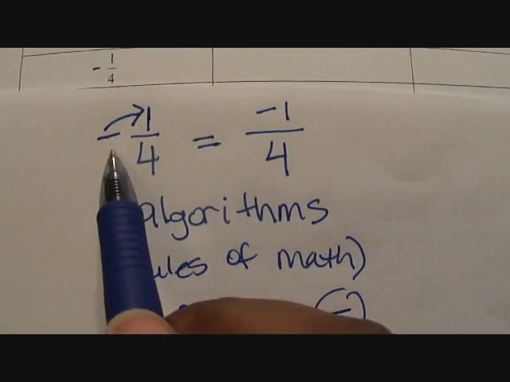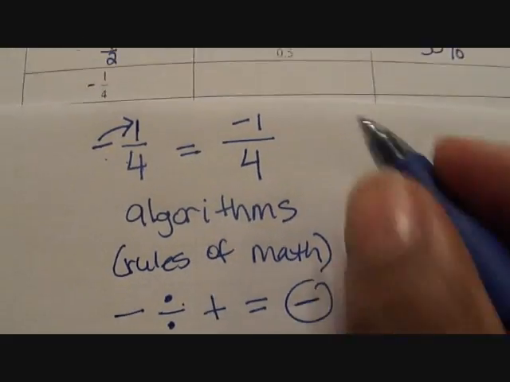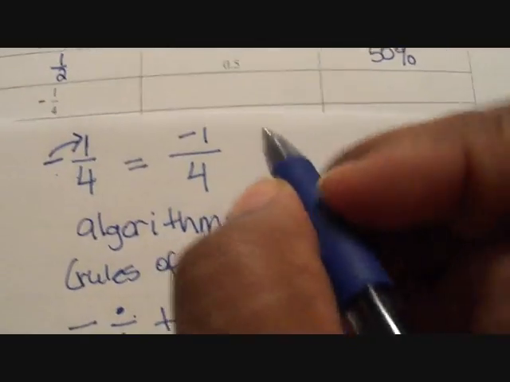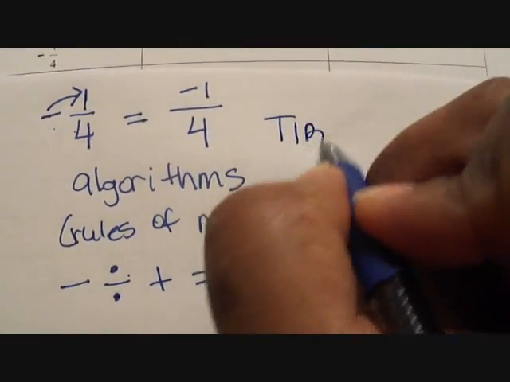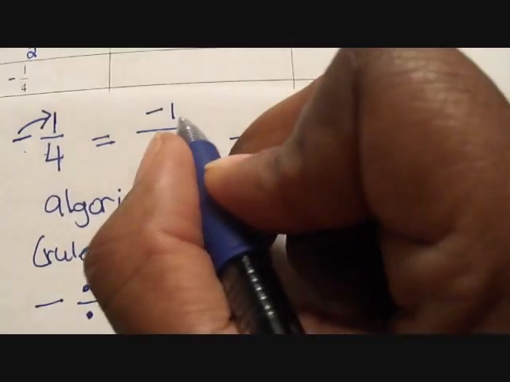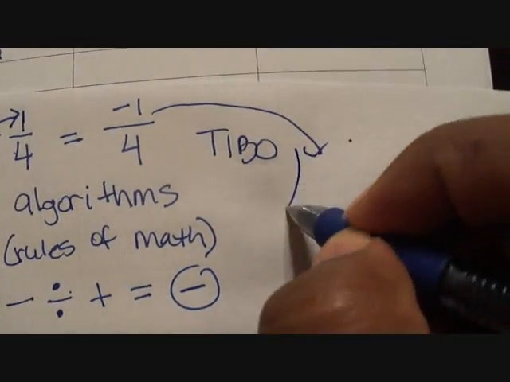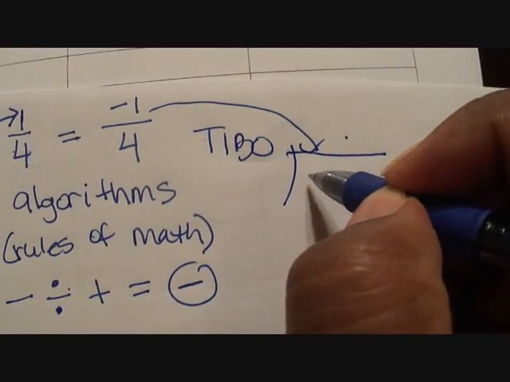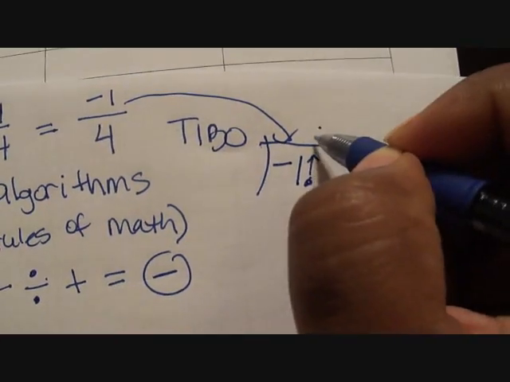So this began as a negative fraction, and because of this rule or algorithm, I know that when I convert it by doing TIBO to convert to a decimal, top in the house, there's my decimal that I bring straight up,